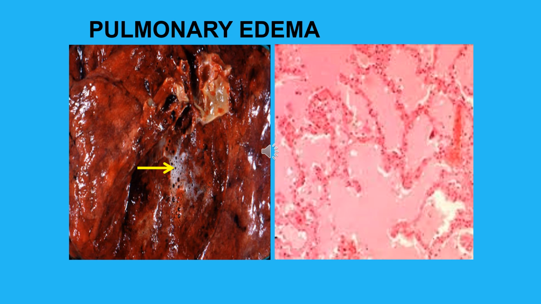The picture on your left is a gross picture of the lungs with pulmonary edema. The lungs are wet and heavy, and frothy fluid, as you could see, oozes from its cut surface. The picture on your right histologically shows you the alveolar walls or septae, demonstrating stasis or congestion of red blood cells within the dilated alveolar capillaries. The alveolar spaces are filled with pinkish homogeneous material, which is your edema fluid.